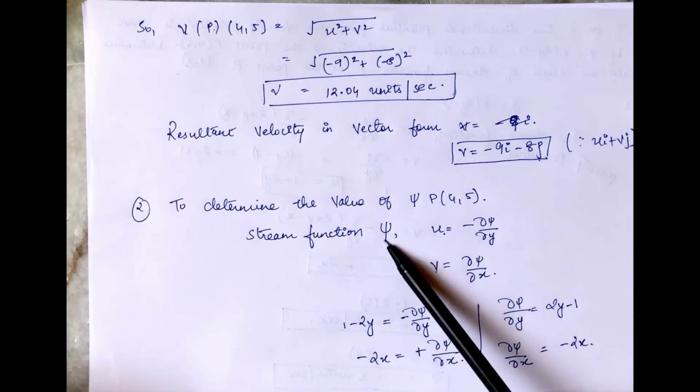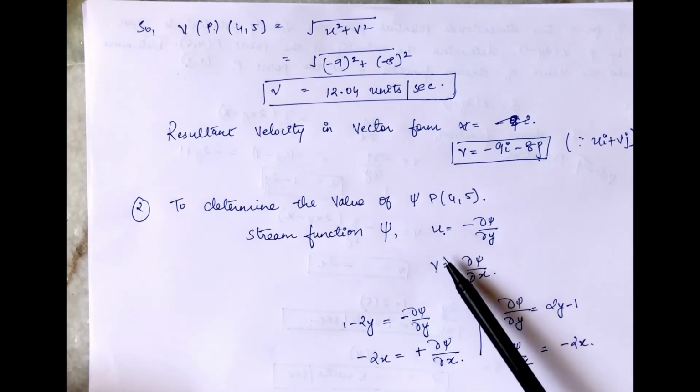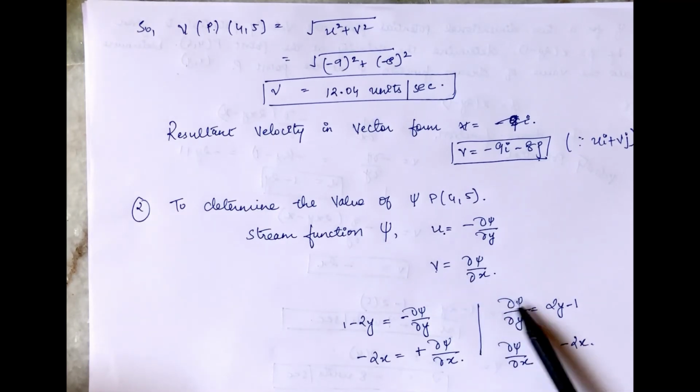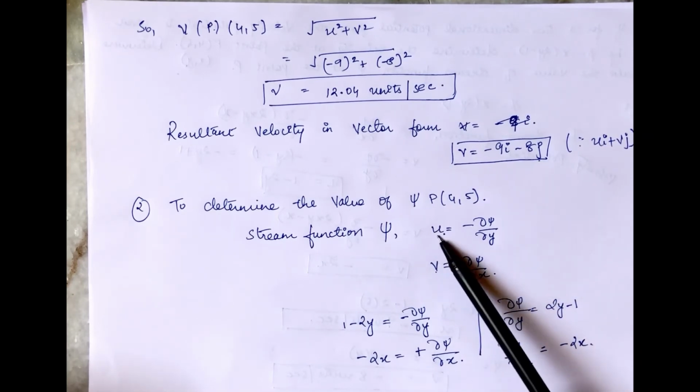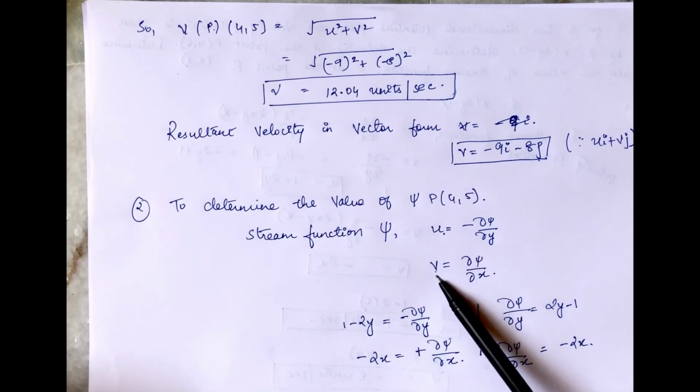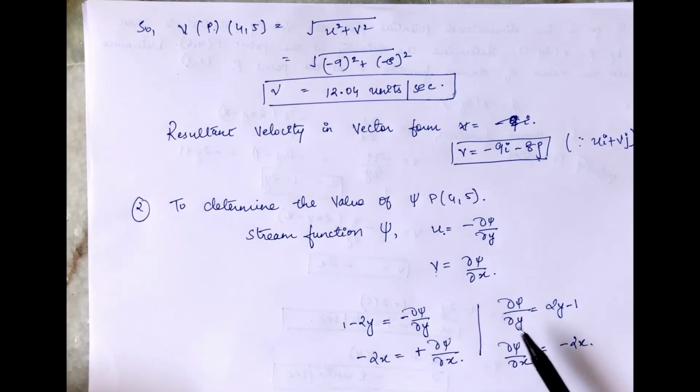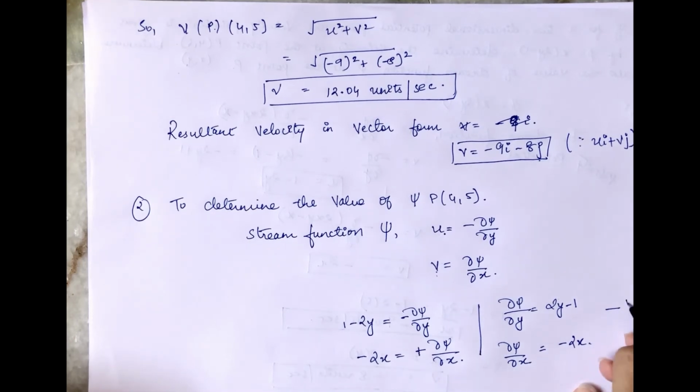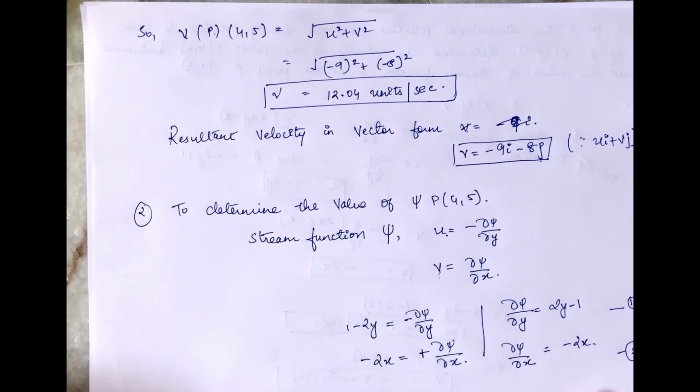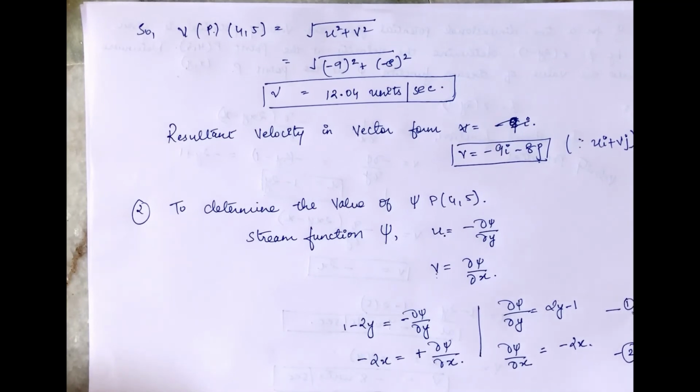formulas of stream function psi in terms of velocity components u and v, we get del psi by del y is equal to 2y minus 1 and del psi by del x is equal to minus 2x. Just by substituting the values of u and v that we have already found and equating, we get these two values, del psi by del y and del psi by del x. Now, giving these two equations as number 1 and 2, we will integrate equation 1 with respect to y. Okay, so here I am writing